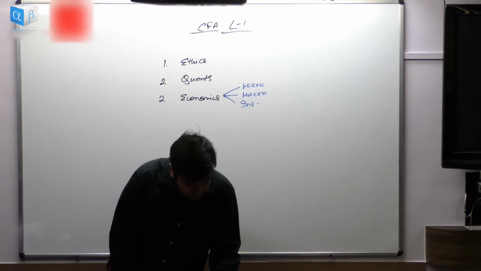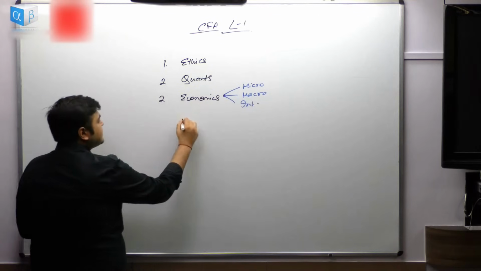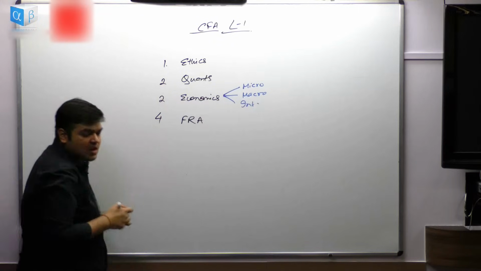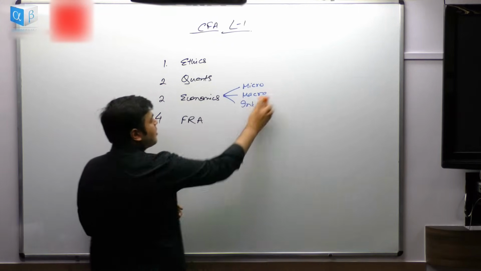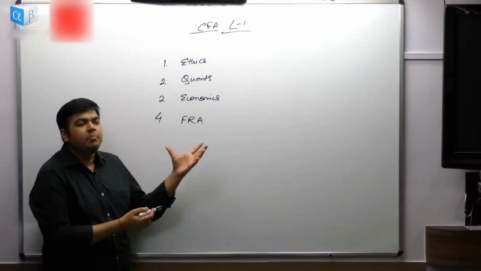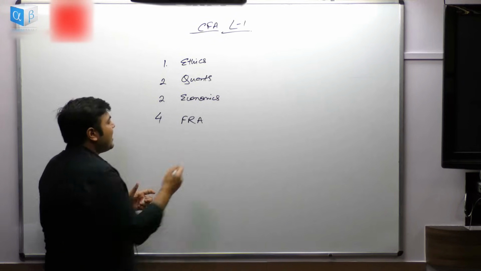Alright, after economics, we have financial reporting analysis. When you're looking at FRA, you have 4 study sessions on FRA. That's going to be 1 full book. If you see your curriculum, the 10 subjects are divided into 5 books. I'll discuss the books and material after this. So when you're looking at FRA,